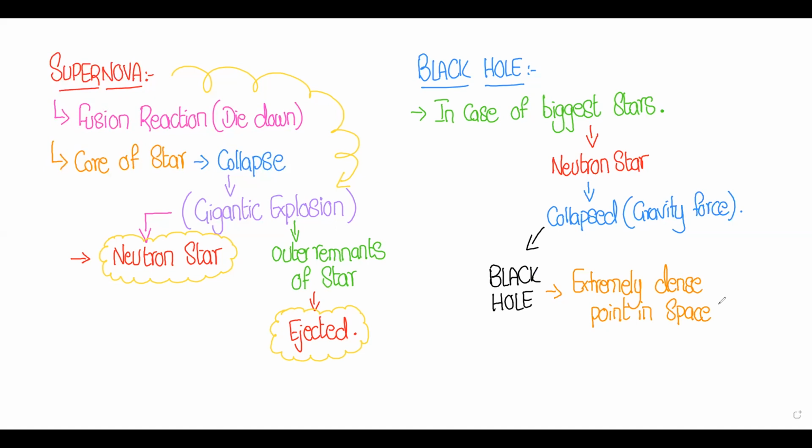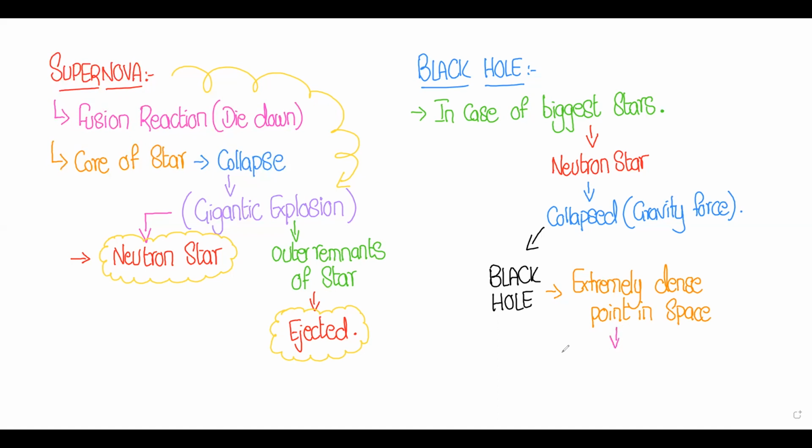So the density of this black hole is so high that it will also absorb the light energy. Even light energy cannot escape from this black hole, so that's why black hole is so much denser compared to the other stages. That's why scientists and all people who are interested in space and astronomy talk about the black hole, because they are curious how light is absorbed by this black hole. So that is something interesting in the black hole,